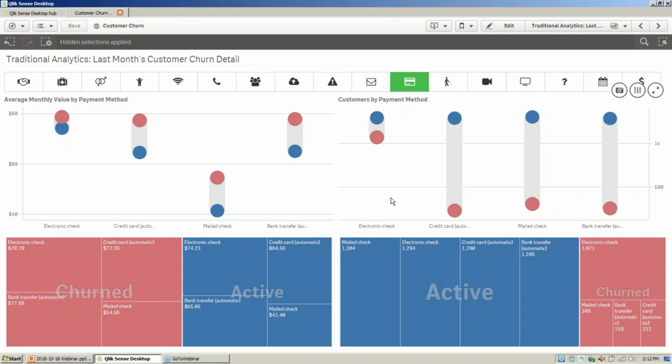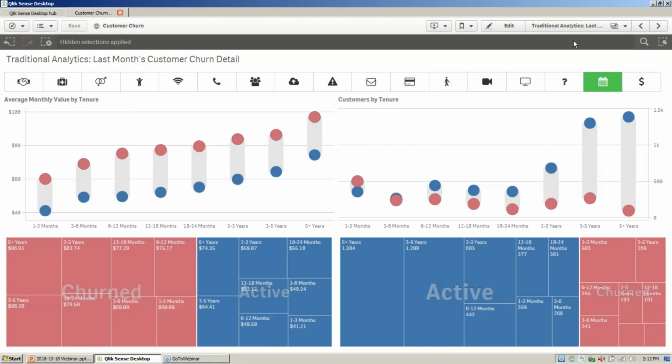Now, is that to say that traditional analytics is not valuable? Of course not. We did find a lot of interesting things so far, but we haven't really satisfied our goal of being able to isolate churn and figure out why. All's not lost here in our traditional analytics. Let's go to one last way of looking at our customers.